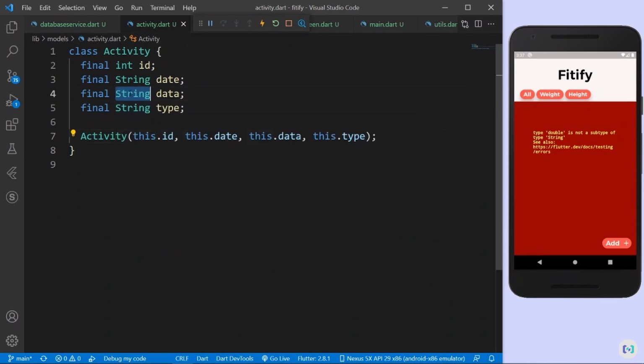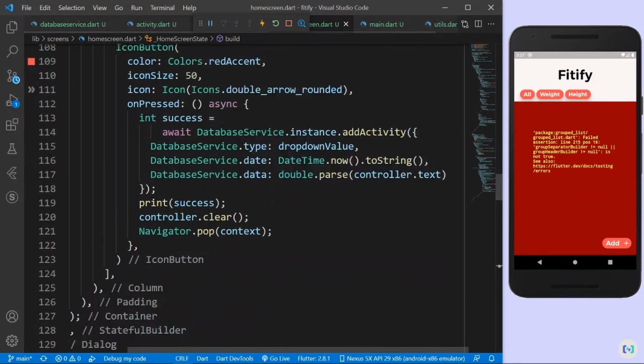Final string data is actually a double and not a string. Let's fix that and now do a full restart. This time this should work. Let's wait for a few seconds. It should work this time. So there you go. And again, no. Okay, group separator builder. Okay, that I have to also provide, right? I just forgot that. I thought I could provide it afterwards, but it's saying I have to provide it